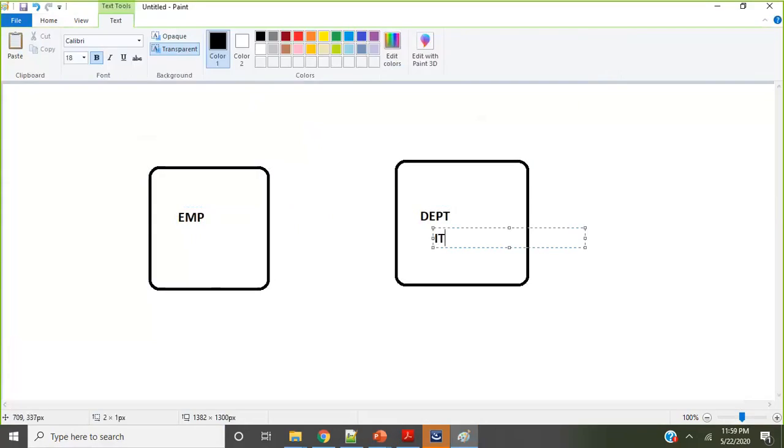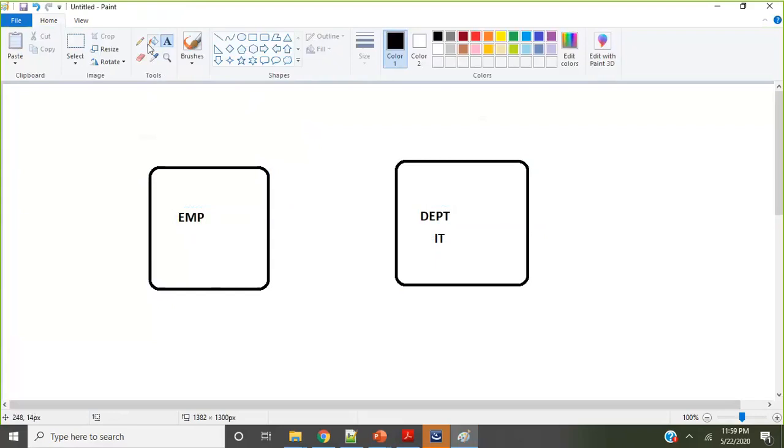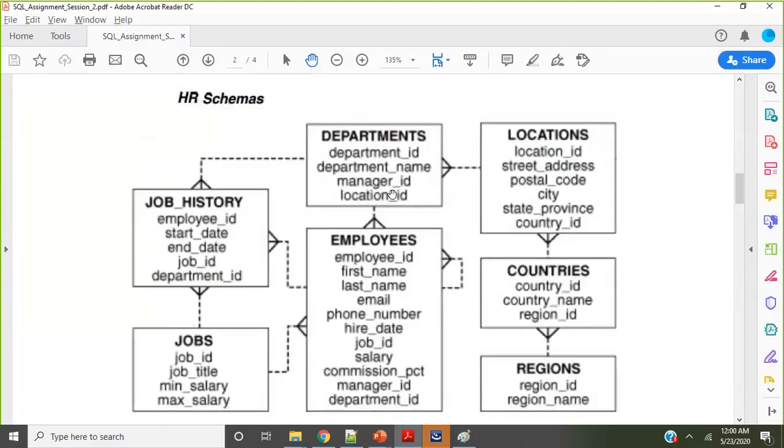Many people could be working in the same department. So how is it connected? They have a one-to-many relationship like this. One-to-many means in one department there are many employees. This is how it is represented. There could be hundreds of employees. So that is where it is represented here, one-to-many.